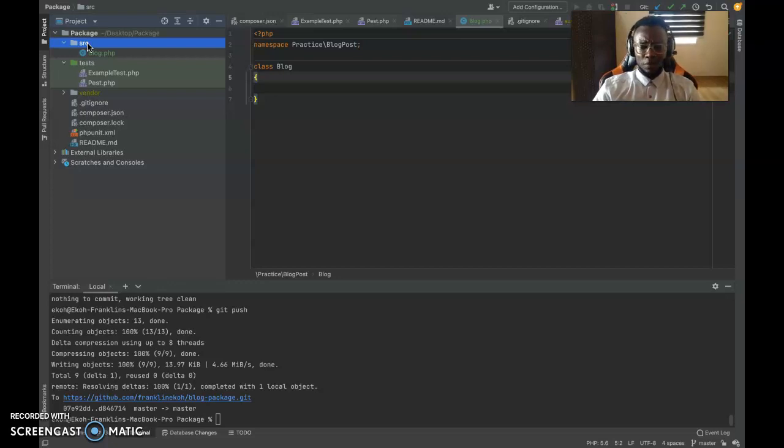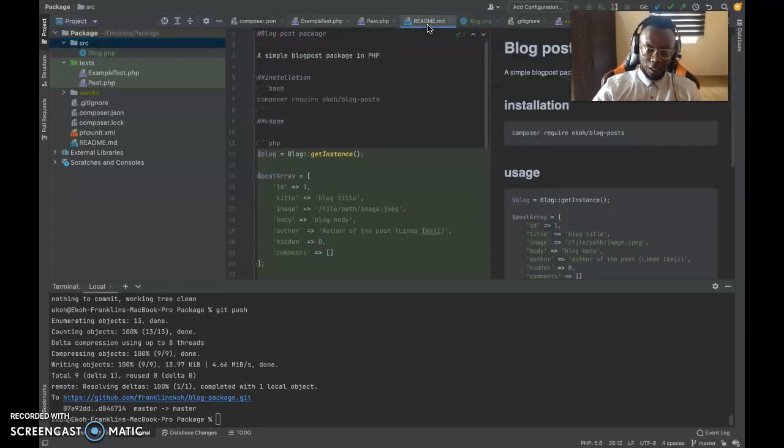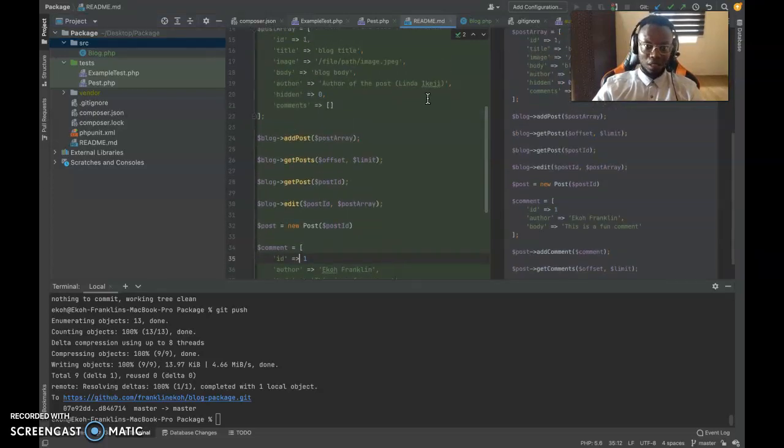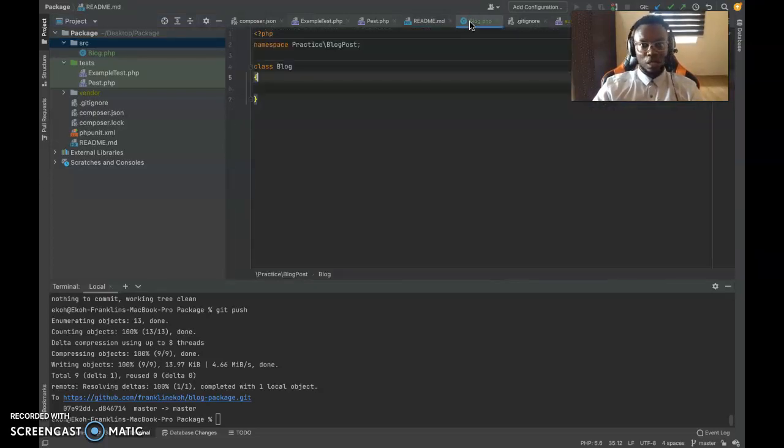We have different types of classes. We have concrete classes and we have abstract classes. A contract class is like an abstract class, it's just like a model for the class, not the actual class, just a model that has these functions here. Right? So we're going to create a blog contract, then extend that contract. So then